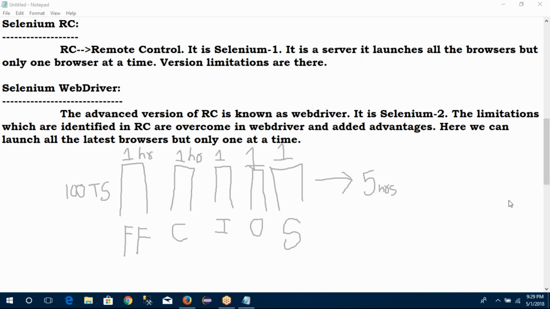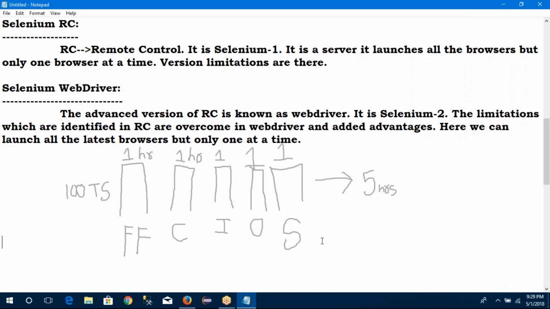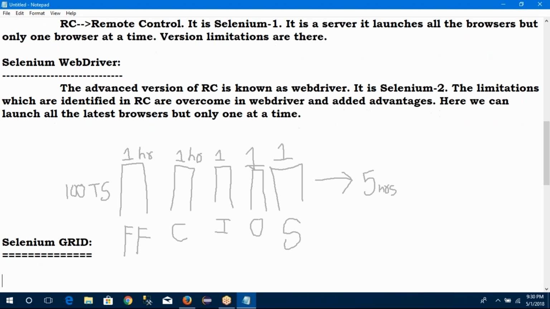So immediately they think, okay, instead of launching one by one, if I am able to launch all the browsers in parallel, then I can save my time. Yes or no? Yes, that's why they identified one alternative. That alternative is our Selenium Grid. Why? Because RC and WebDriver only run one at a time. At the time of Grid, what will happen? Grid is for parallel